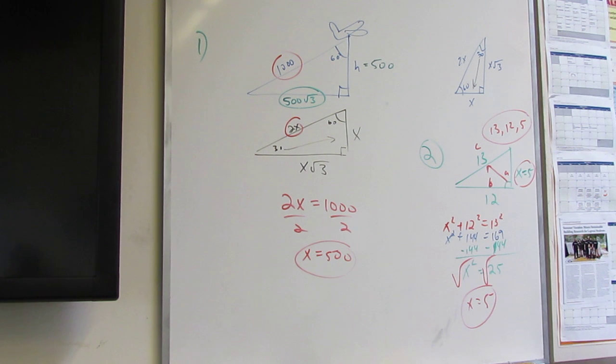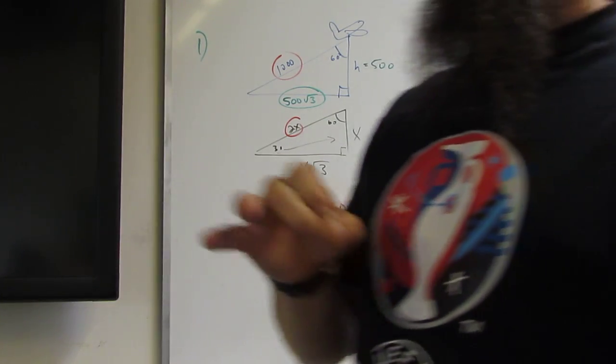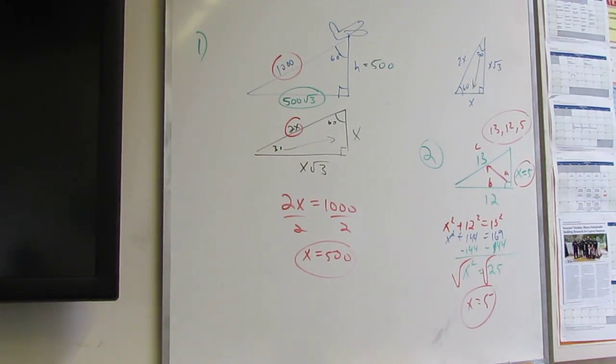Okay, so either way is fine with me. I love the Pythagorean triples. If you can keep these on your cheat sheet, there's 3, 4, 5, 5, 12, 13, 7, 24, 25, and 8, 15, 17. Those are the most commonly used Pythagorean triples out there. They will be on the SAT. They will be on everything. Okay, so that's